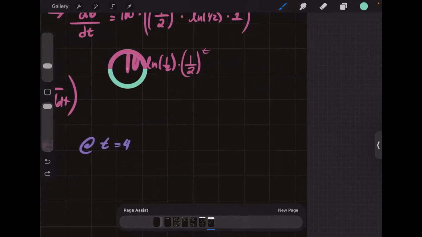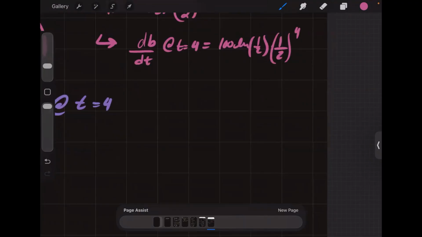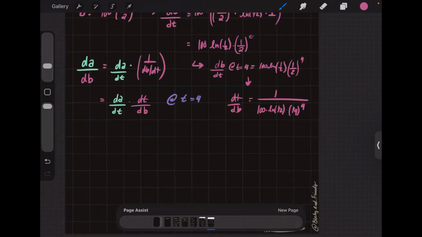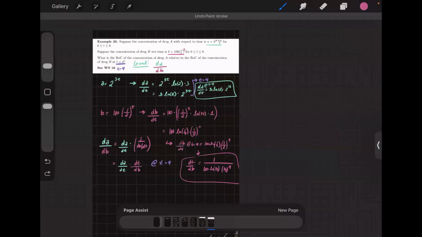And similarly, dB/dt at t equals 4 is 100 ln of 1/2 times 1/2 to the 4th, which means dt/dB is just 1 divided by that whole thing. 100 times ln of a half times 1/2 to the 4th. I don't care what this number is, please don't do it out. Okay? And then you just box it in and substitute. And this should give you